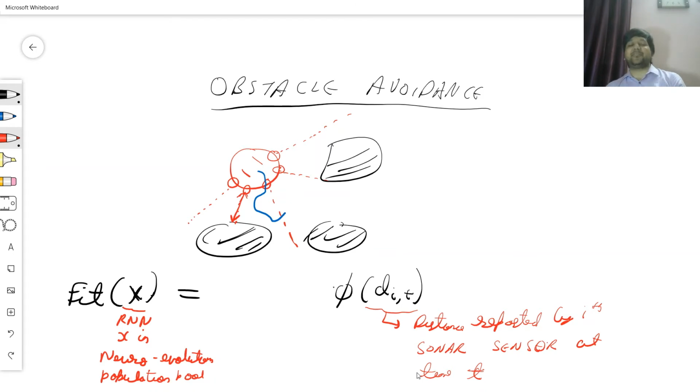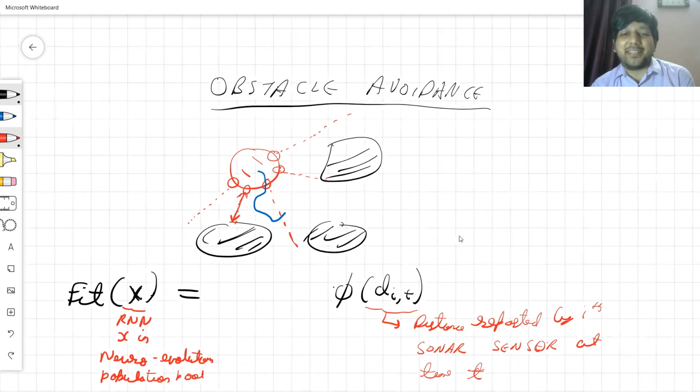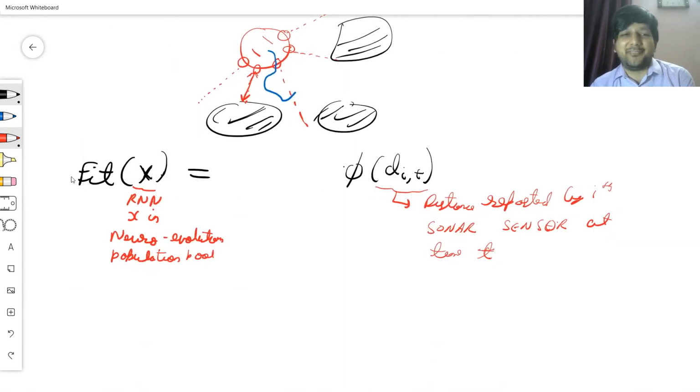And I'm calling it fitness, but let's say that it's a minimization problem. Or let's say that it's a maximization problem. Never mind. So the distance reported from the ith sonar sensor at time t, and I could have used either the inverse square law function, or I could use the exponential. Let us say I use the exponential, so it is e raised to power